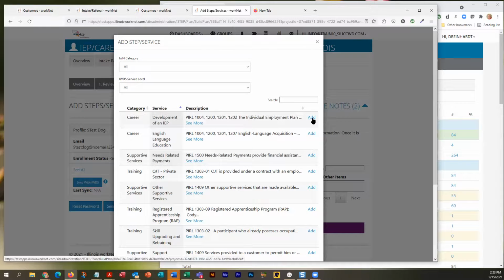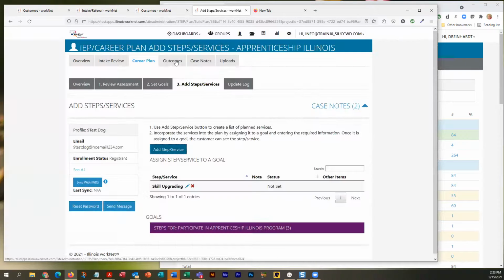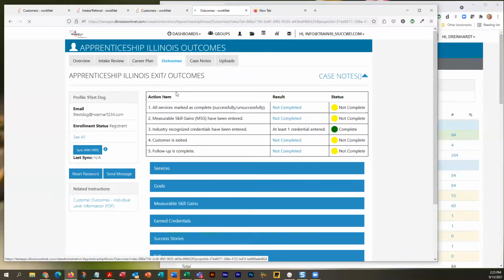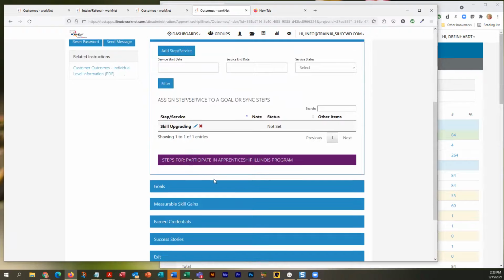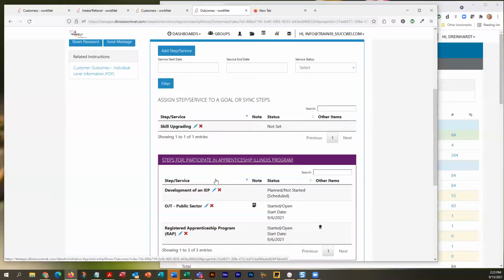So in here, did you add it? Where do I need to add? So there's two places where you can add them. And on the outcomes, all of those pieces are supposed to show up here because all it's doing is pulling it in from the career plan.